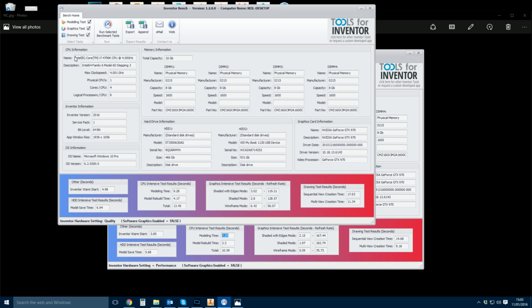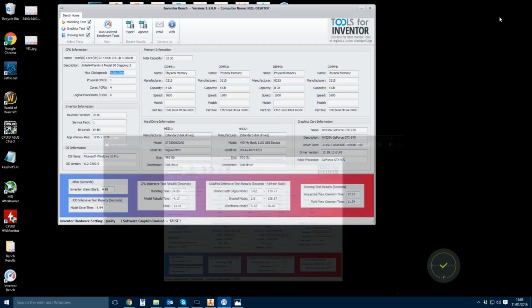And this is the most important part of the whole test, the CPU information. So that's going to list how many cores you have, how many CPUs you've got, and clock speed. Again, clock speed feedback on this isn't perfect. It's only going to report the base clock. So my CPU is 4 gigahertz base clock, but it will automatically turbo itself to 4.4